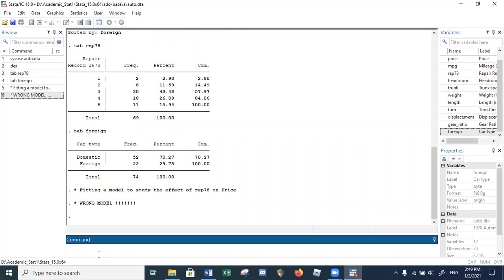I am now first fitting a wrong model, and then I will tell you why it is a wrong model. What you will see on the screen right now would actually be a wrong model. Up till now we say if you want to fit an econometric model in which price is the dependent variable and rep78 is an explanatory variable,